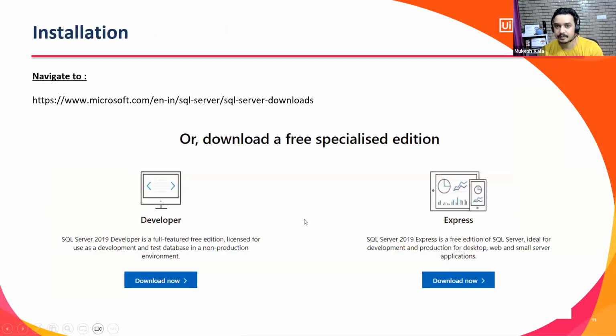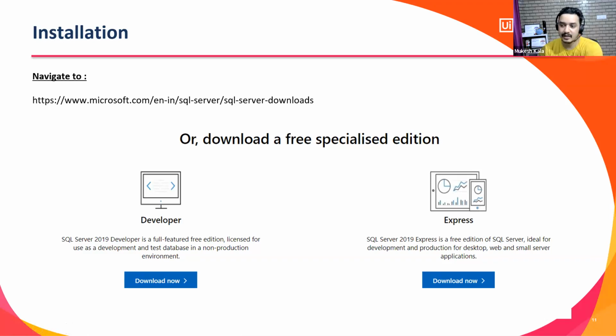What should I do? You go to this website, Microsoft.com SQL Server download. You will see this option where it asks whether you are a developer or something else. Both of them are mentioned here, and both are free. You just click on the button which says Microsoft SQL Server Express Edition, the free version of SQL Server. See guys, it's important: SQL Server. That means we are now installing only the database.